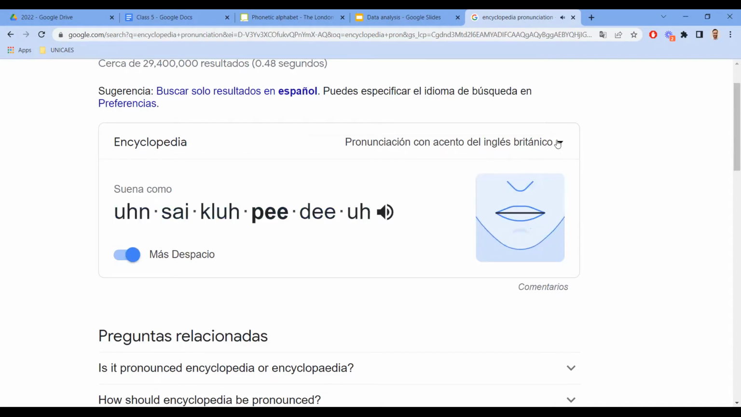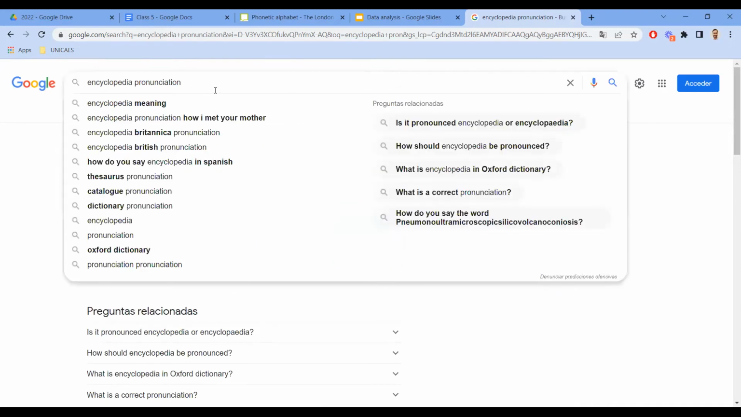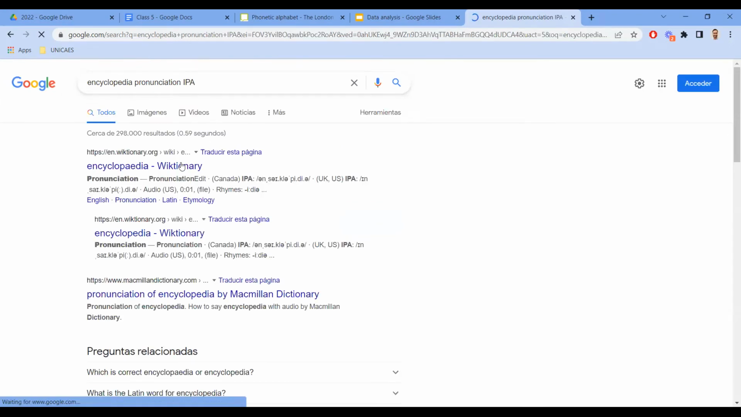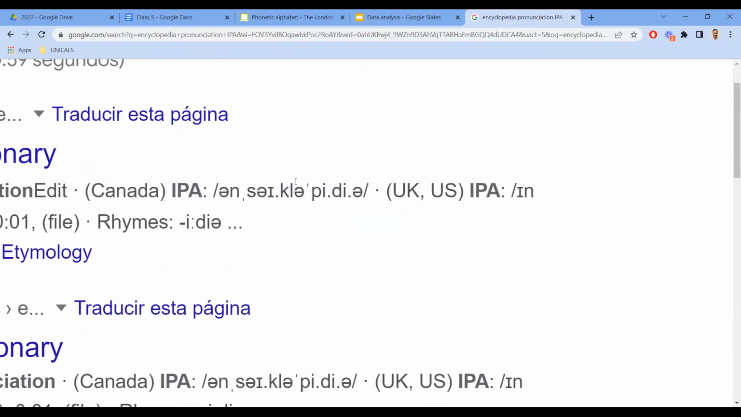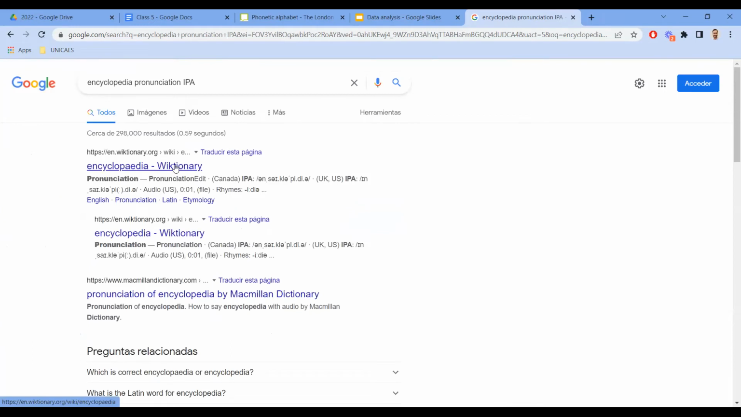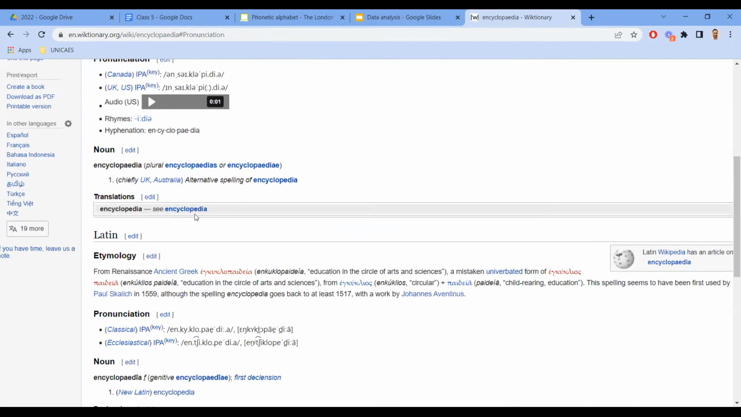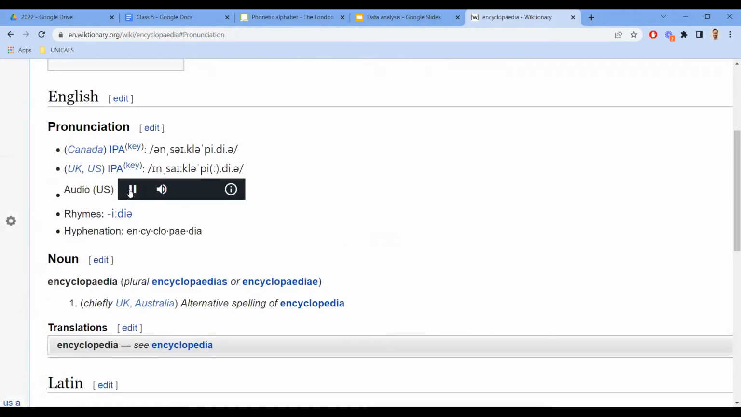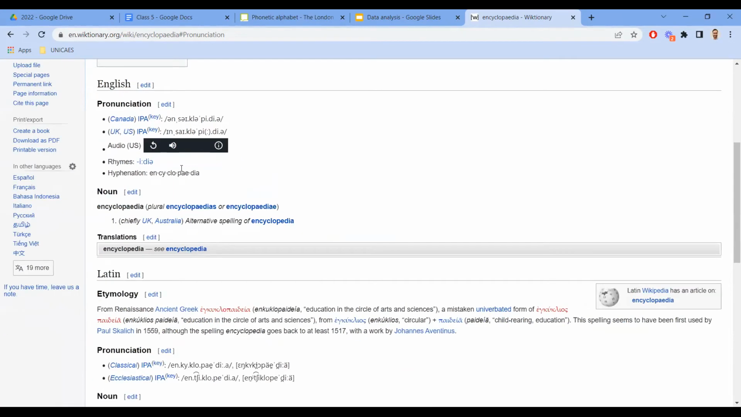Encyclopedia. Okay, good. So this is how you may find it in Google. And as I said, there are many options. For example, you can write IPA. You may find the word right here. Okay, so with IPA, you may take a look at this, and in order to